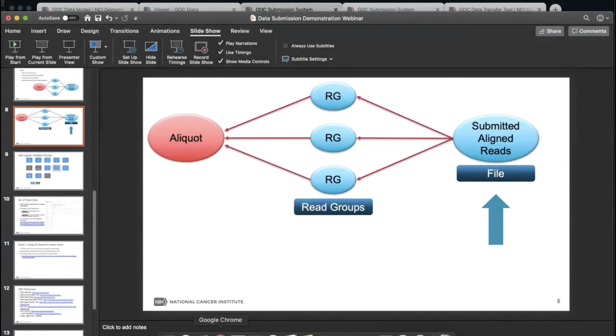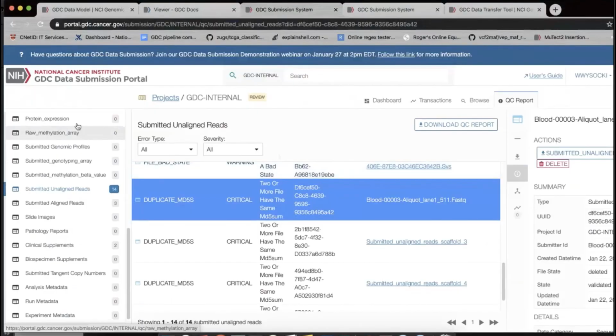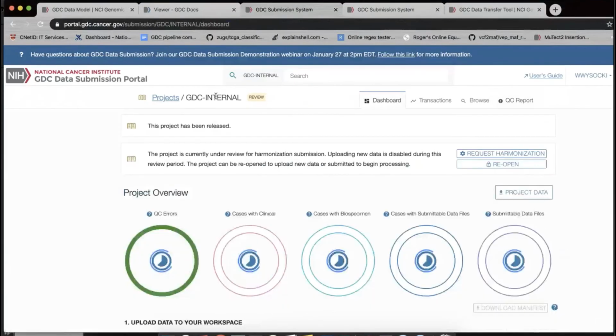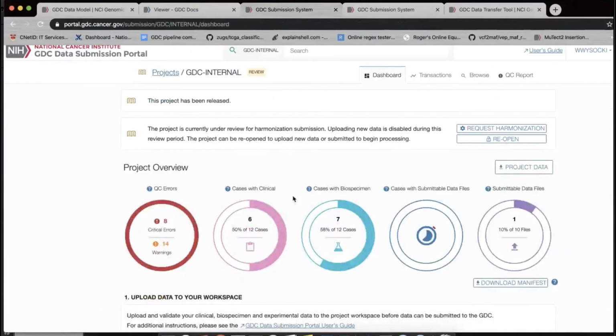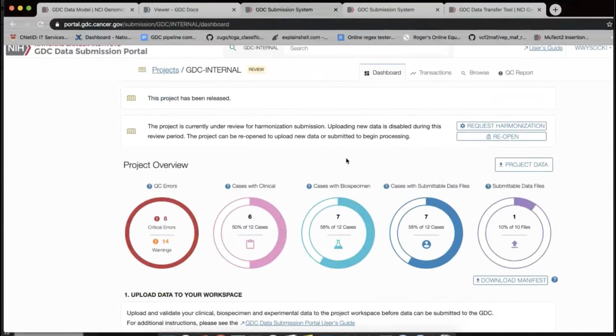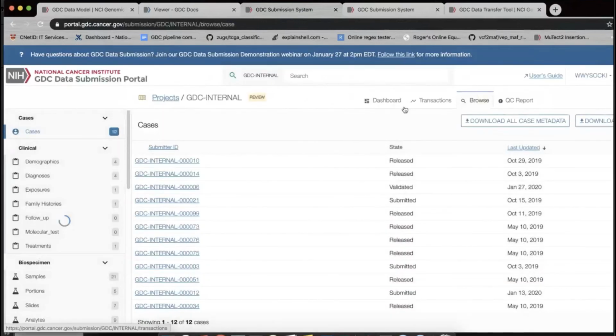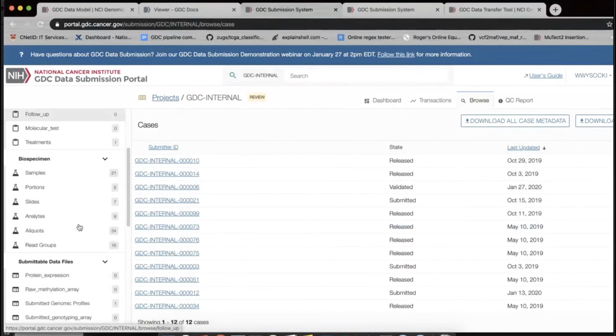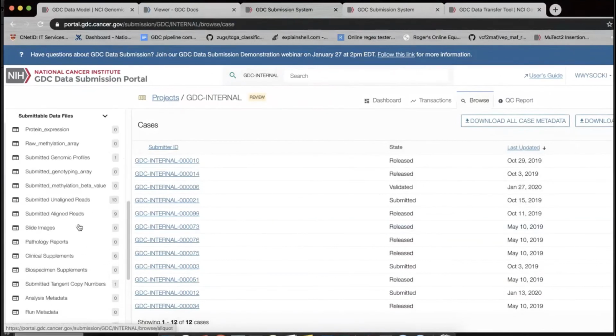Right, yeah, no problem. Let's start from the beginning of the GDC submission portal here, because I might have been well into it, and I'm going to show you from beginning to end. You would know that I submitted a submitted aligned read file. To get to that, you would click the Browse tab at the top of the page, and this brings us to a list of all of the entities that were submitted. You would scroll down until you find Submitted Aligned Reads,